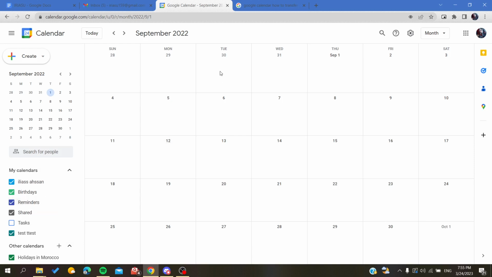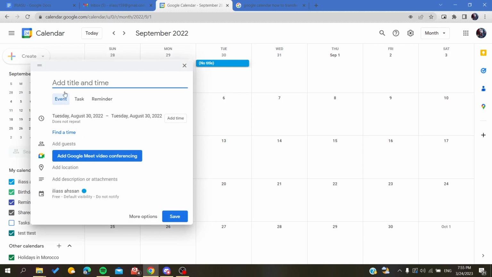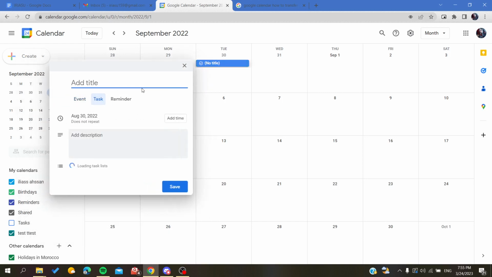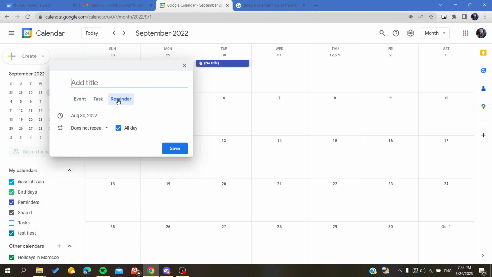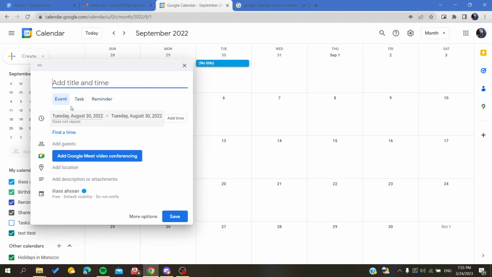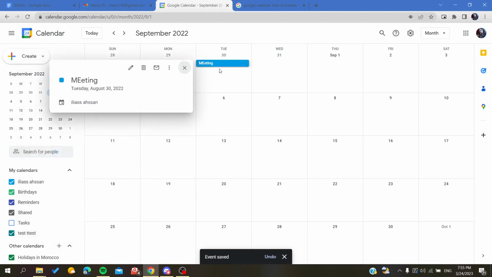Basically if we want to add something, you will click on the day and you will have this. Either you are going to have a task or a reminder, or any event. And basically let's take for example an event, a meeting or a class or whatever it was. Then you will be able to add the time, so you click on save and now it will be here